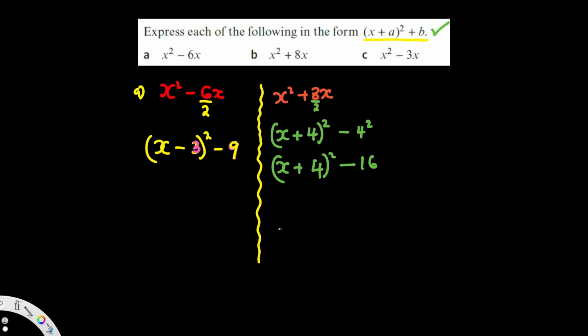We also have c, and our c is x squared minus 3x. And for us to express it in the form that was given here, we're going to take a half of 3, which is 1.5, so it will be x minus 1.5, which is actually squared, then minus the square of